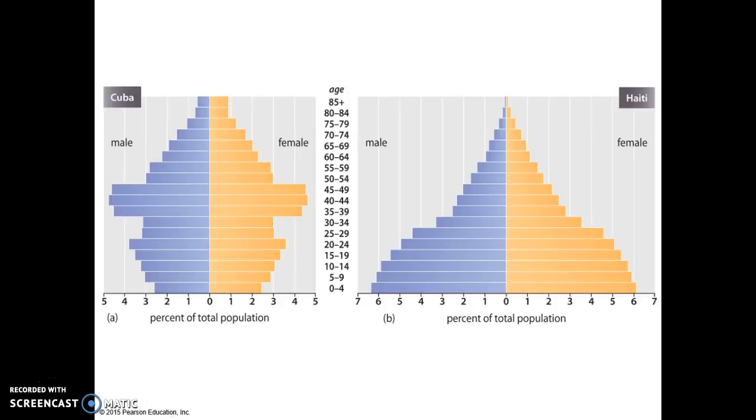Here we see very, very big differences between the population pyramid for Cuba and the one for Haiti. Cuba has this very mature population structure, and we can see there's kind of a baby boom, similar to what we had in the U.S. here in this period, and then a very strong population drop. So Cuba is another country where population will probably start decreasing in the near future, whereas Haiti, which has a